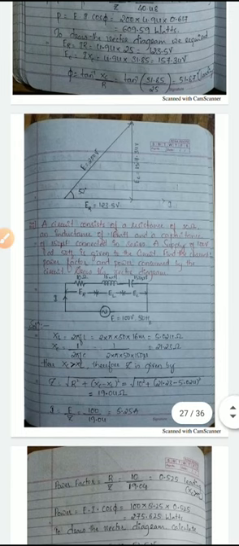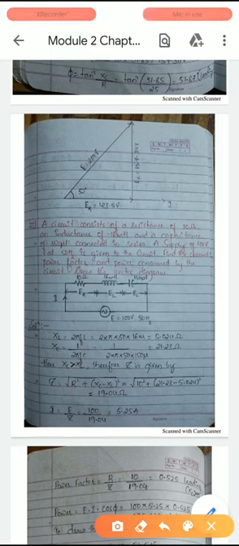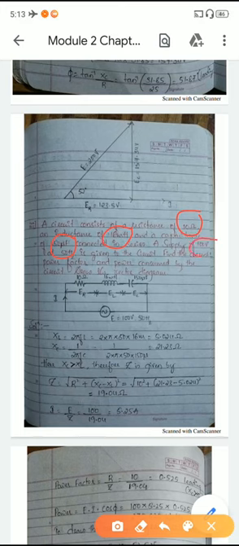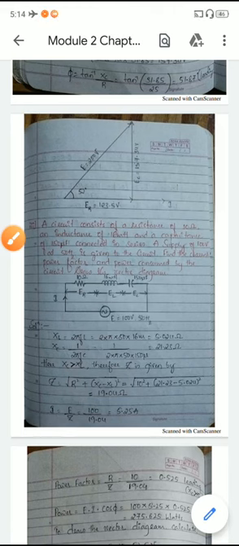For these kinds of problems, based on the given data, first we need to draw the circuit. They have given R is equal to 10 ohms and inductance is equal to 16 millihenry, and later we have a capacitance of 150 microfarad connected across 100 volt. So draw R, L, C in series across 100 volt. Now we'll solve this problem.